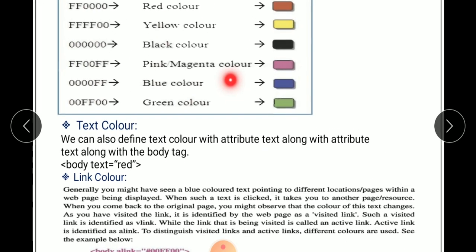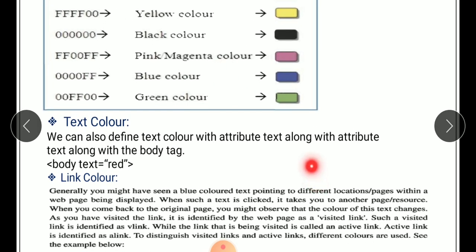Now text color. Do you know what is text color? If we add our text in different colors like blue, red, green, black, then we use text color.